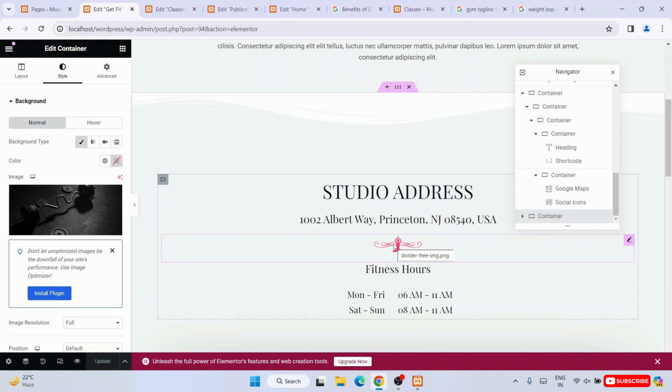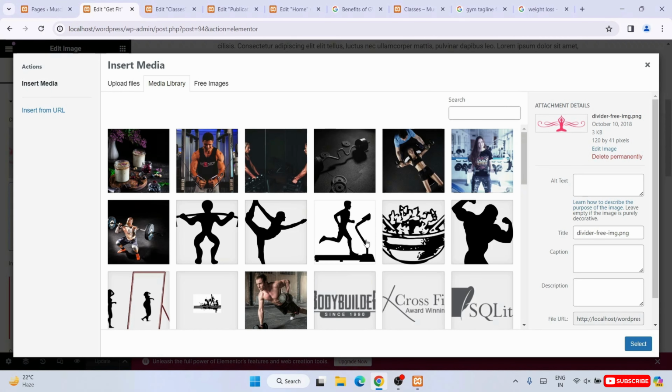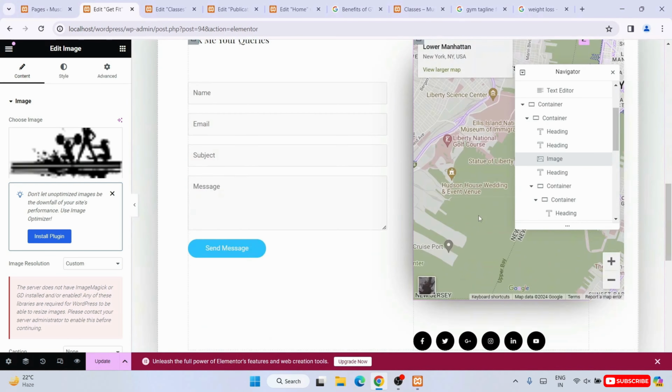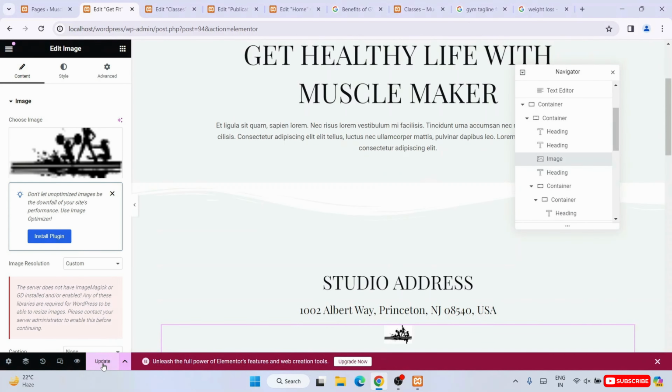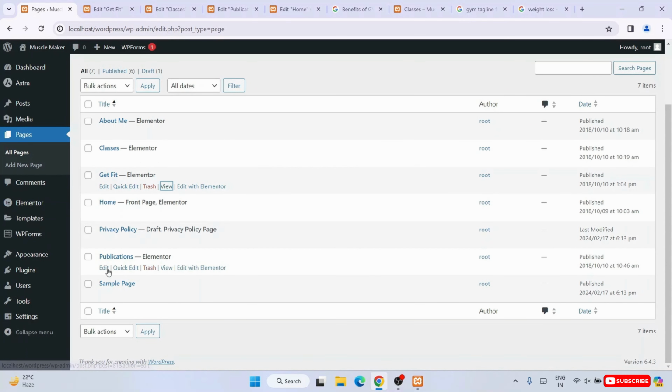I missed this image, so I'll click on this media library and I'll change the image, right? Yeah, so that's all. Click on update. So you're done with Get Fit. Now I'll move on to the About Me section. I'll go to page again, and I'll click on About Me. I'll click on View, and